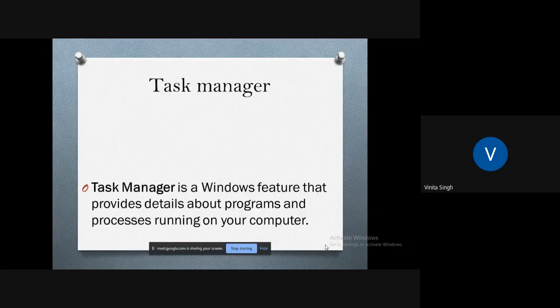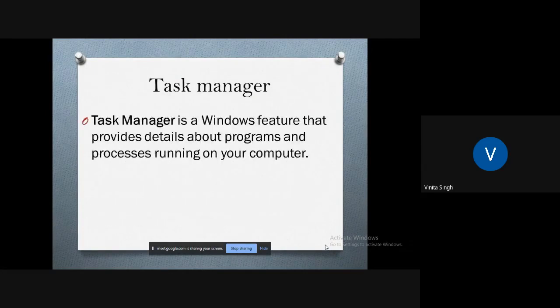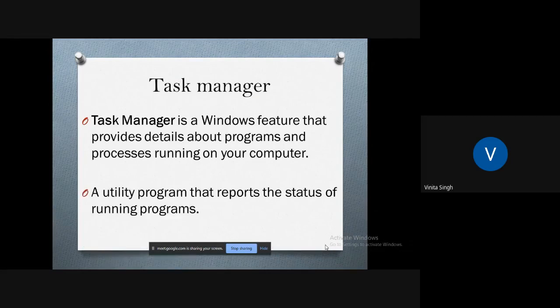Task Manager is a Windows feature that provides details about programs and the processes running on your computer. Task Manager is used to review which applications and background processes are running, as well as to stop an app that is not responding.